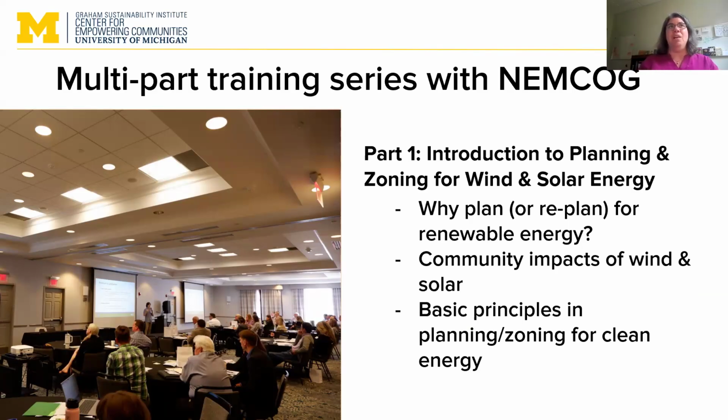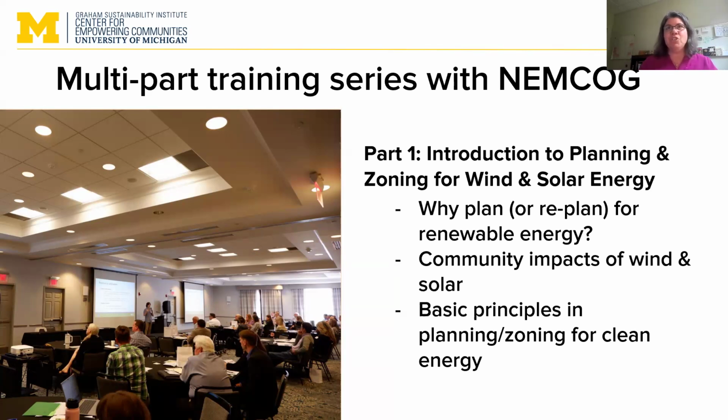So, a great example of this multi-part training series that we do as part of the Renewable Energy Academy is with NEMCOG, which is the Northeast Michigan Council of Governments. This, as you'll see, was a 4-part series. The first part was a 2.5 hour in-person workshop that was an introduction to planning and zoning for wind and solar,